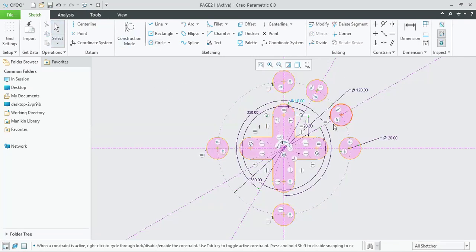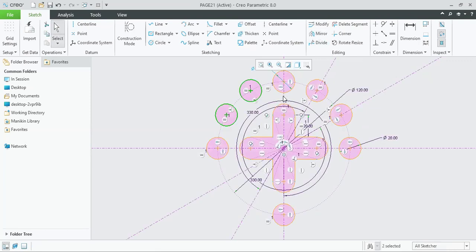In this way, now what we will be doing is mirroring this circle and these two circles about this axis, and once they have been mirrored, they will be mirrored about this horizontal axis. So I will be clicking on this circle and this circle, and the mirror command has been highlighted, and I will be clicking on this, and in this way we can simply once again click on the mirror command,